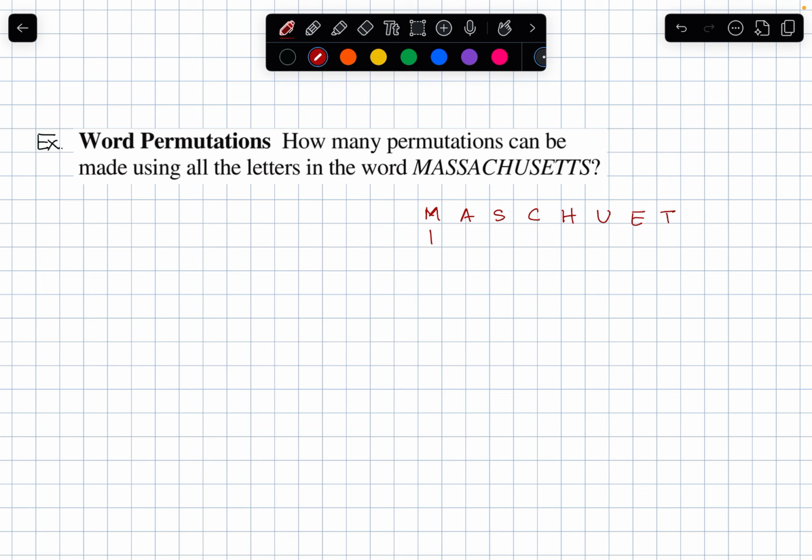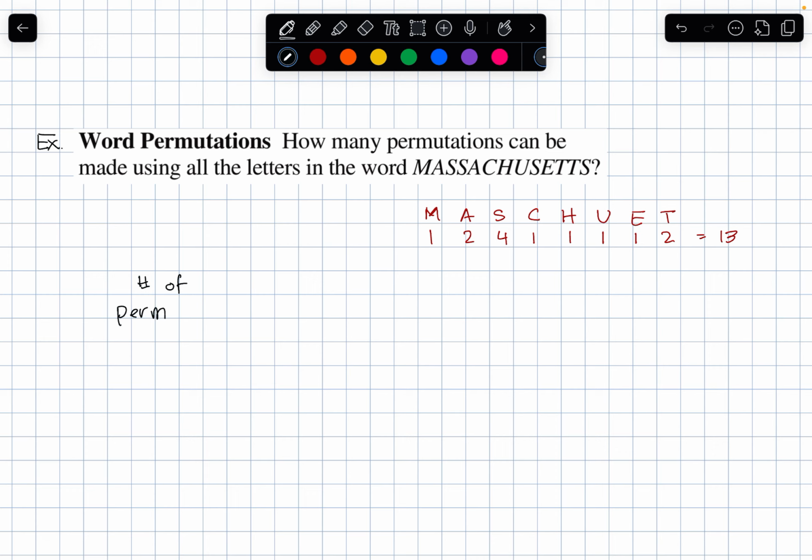So there's 1 M, there's 2 A's, there's 4 S's, 1 C, 1 H, 1 U, 1 E, 2 T's. And please double check. The total number of letters is 4, 5, 6, 7, 8, 9, 10, 11, 12, 13. So to find the number of permutations,